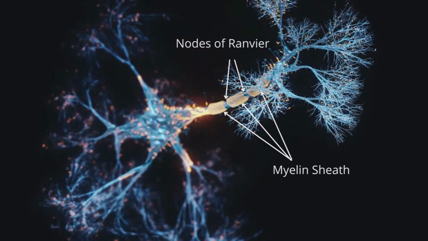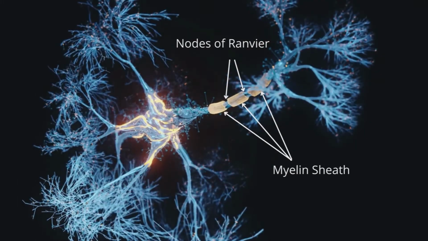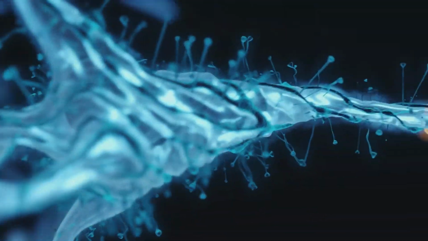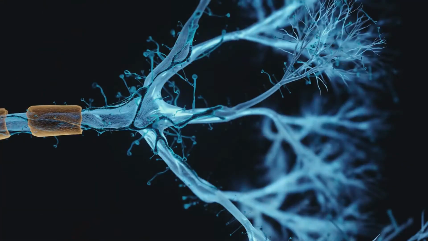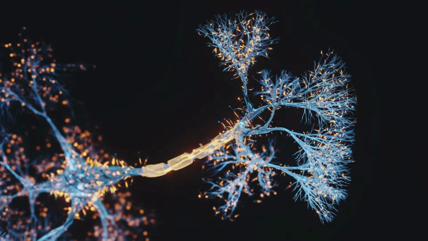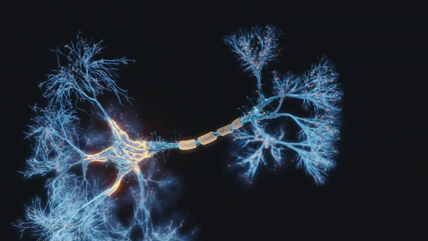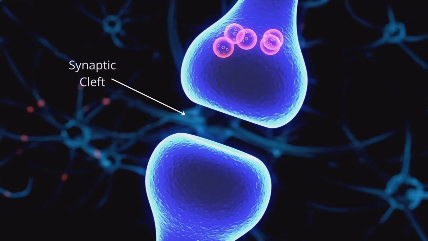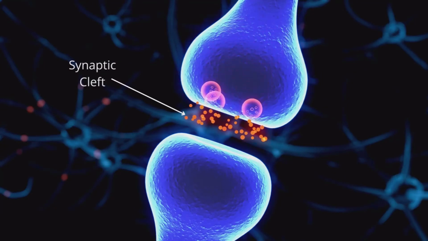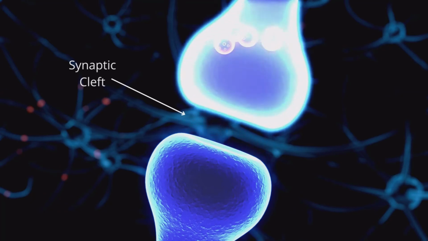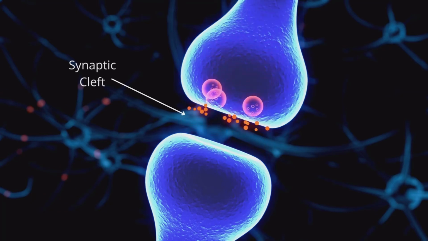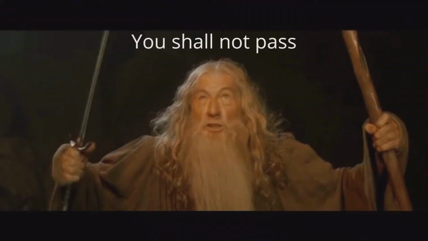At each node, the myelin sheath is absent to allow for depolarization once again, and further propagation of the action potential to the next node until reaching the presynaptic terminal of the neuron. From there, many complex processes that involve chemical energy will either allow or disallow the signal to propagate from one neuron to the next. If the signal is allowed to pass by Gandalf, just kidding,